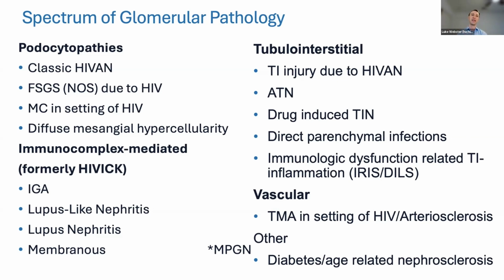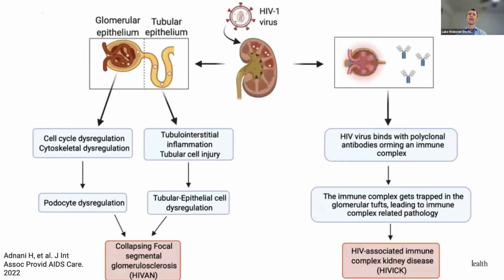The nephrologists and the nephropathologists are now turning that into immune complex mediated kidney disease due to X. So a little bit of a tongue twister and a much broader pathology. And then you have other things that affect other parts of the kidney, like tubular interstitial or certainly vascular. So I just want to pause for 1 second, because I know this is something that